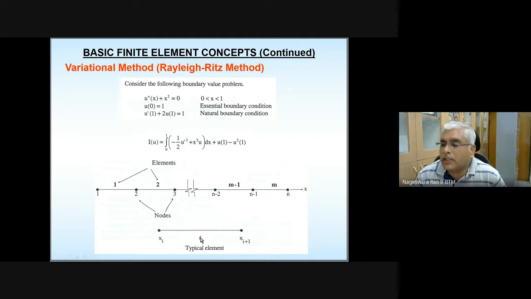Let's say that element is the ith element. The length of that typical ith element is Li, and the first node's coordinate is xi, and the second node's coordinate is xi plus 1. This all we discussed in yesterday's class. I don't want to repeat too much on that. Okay, so if this is a typical two-node element,